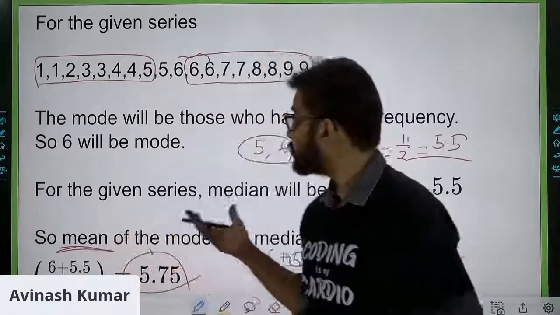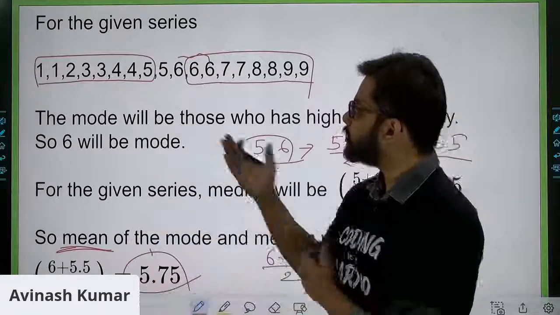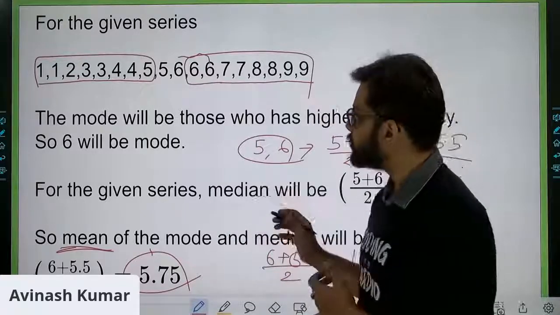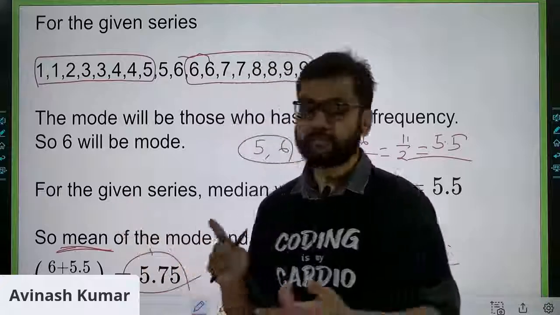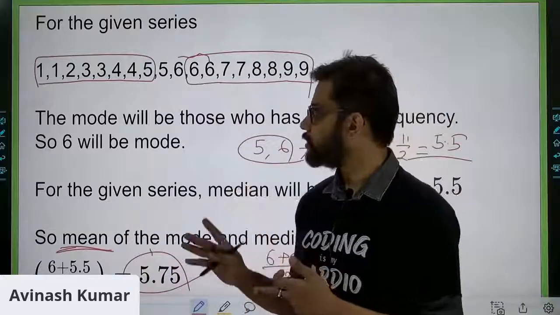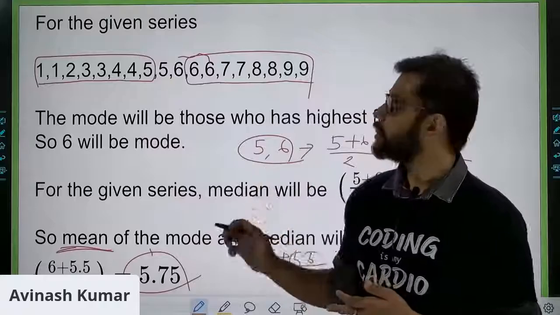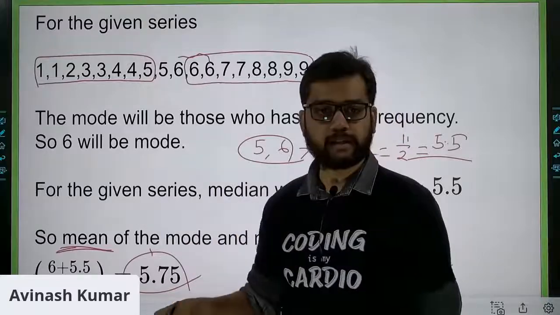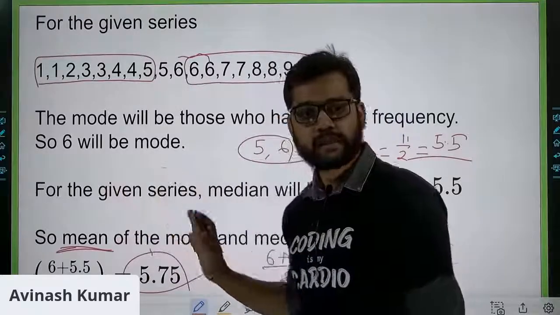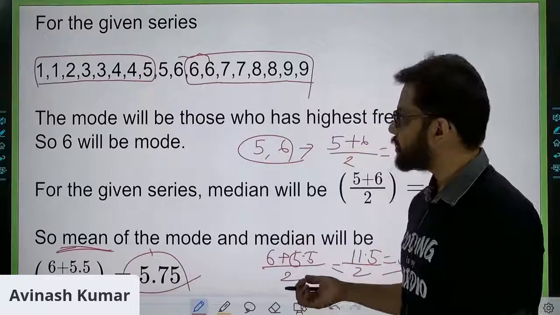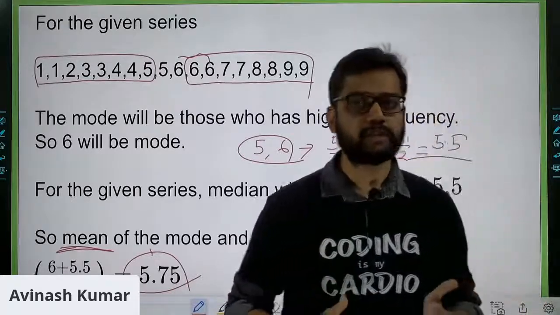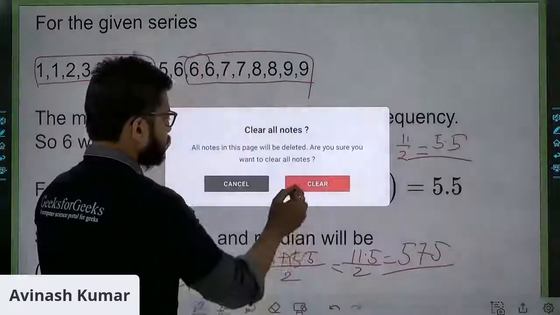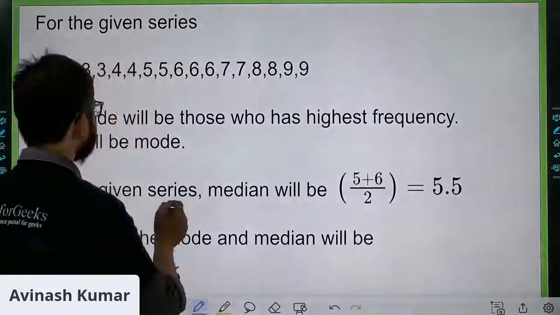Here they can give grouped data, or sequential arrangement data. Once we look at this question, the first thing that comes to mind is how they are going to eat up our time. First we have to rearrange the data, and the arrangement part will take some time. After that you have to group the data, then go for the mode, then the median, and then find the mean of that mode and median. This is a huge task, but you have to go very fast and make sure these things are covered within a low span of time. I think this is all for today.